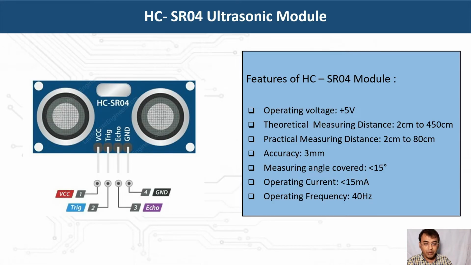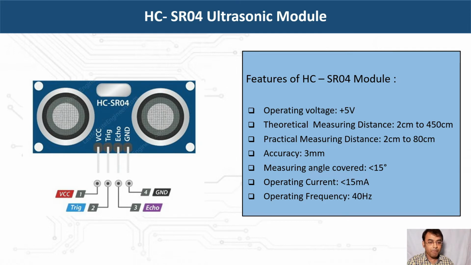Now I will come to the specification of the SR04 ultrasonic module. You can see from the picture there are 4 pins in the SR04. Number 1 pin is VCC, number 2 is trigger, number 3 is echo, and number 4 is ground. VCC should be connected to 5 volt. Trigger will generate the pulse, echo will receive the pulse, and ground should be connected to the ground port of the